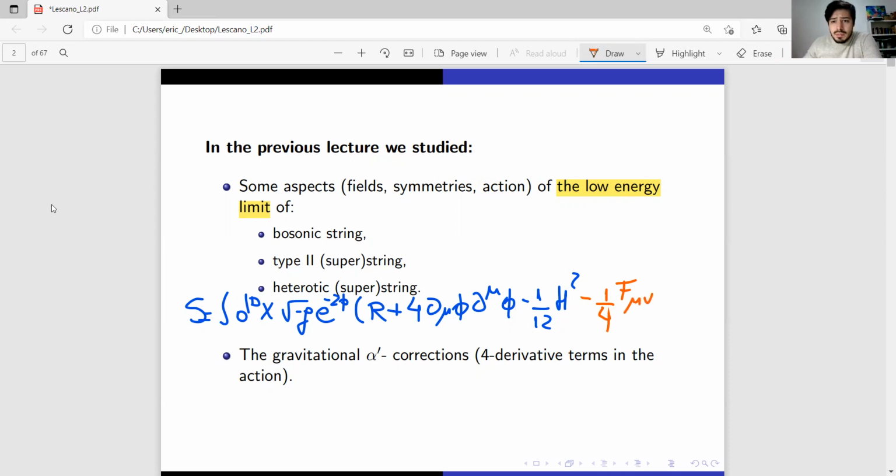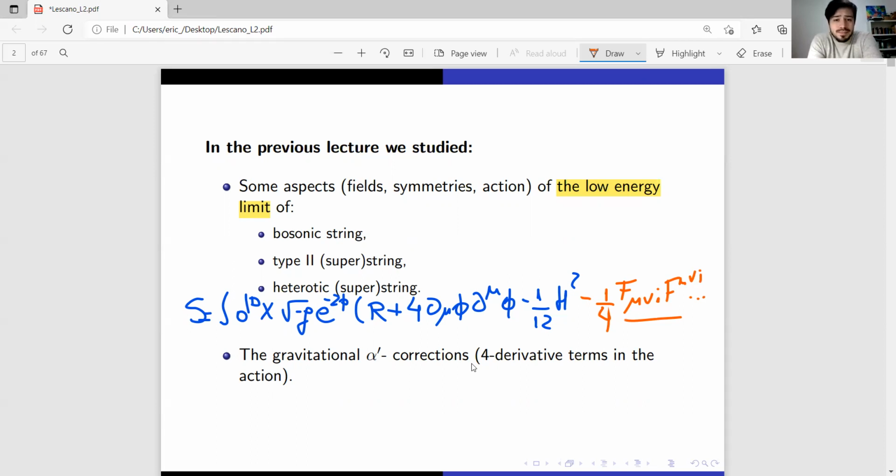It's a Yang-Mills term, and today you are going to see why we are including this field over here. This is an extra massless field in the heterotic case. And we are always focused on the gravitational terms. So perhaps this extra term may seem strange because we are not focused on Yang-Mills corrections, for example. We want to correct just the blue part,